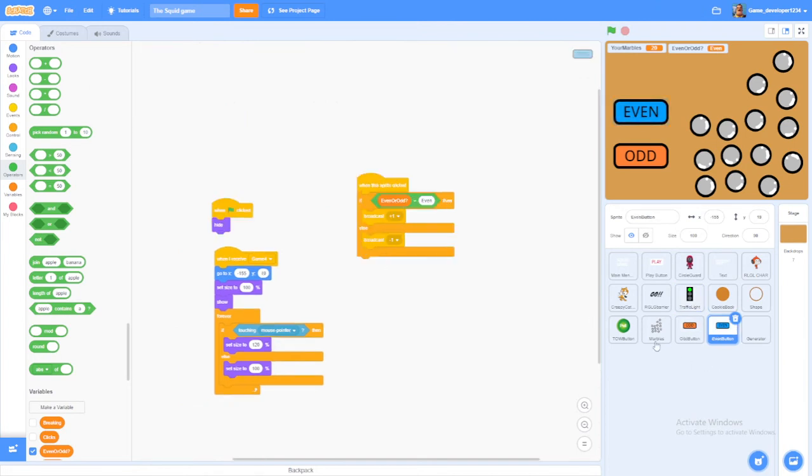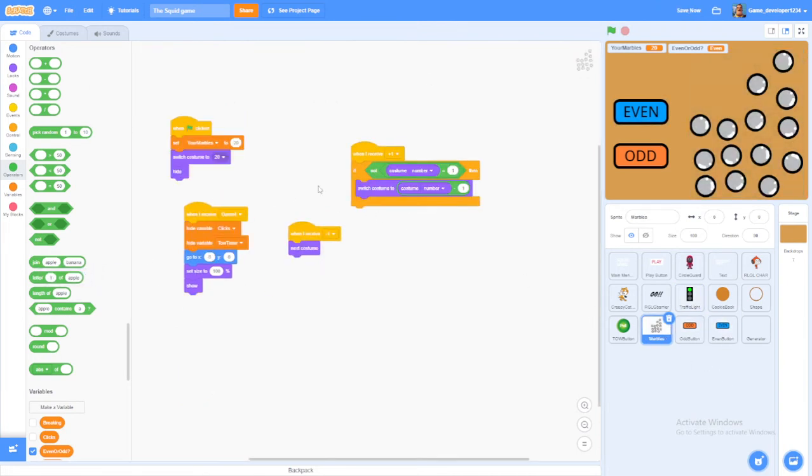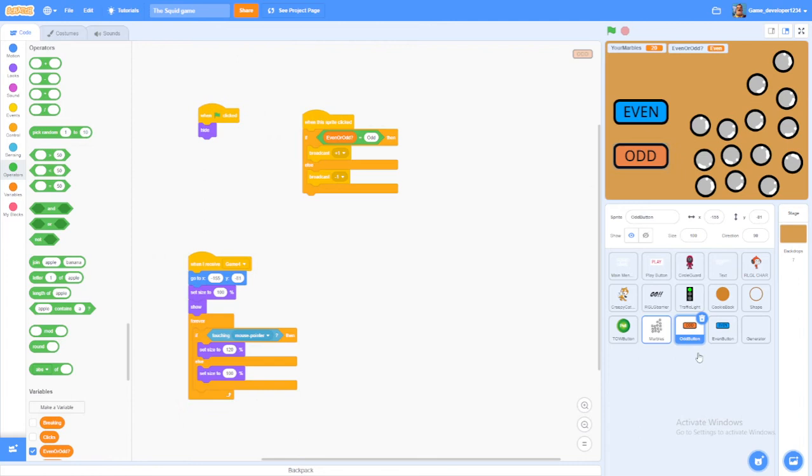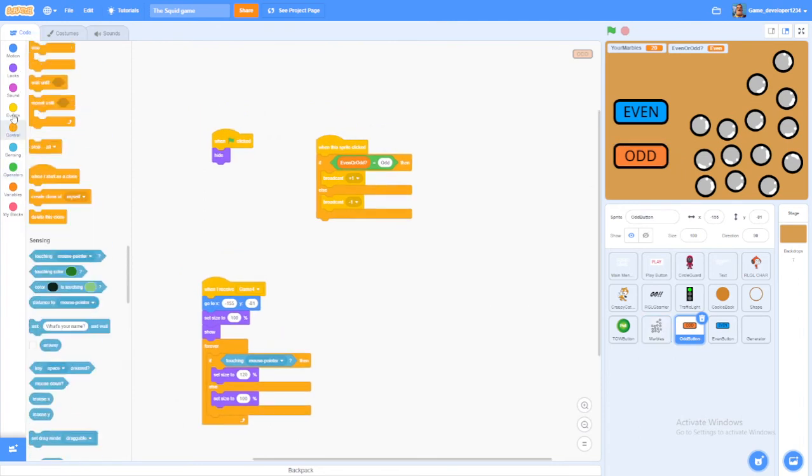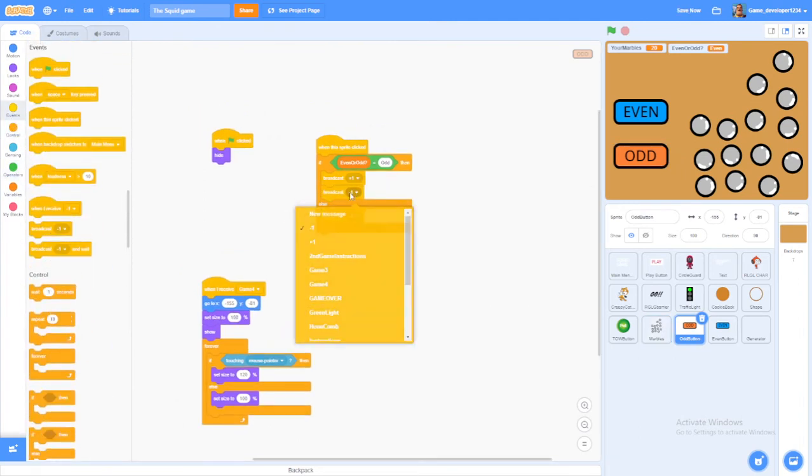But, now that that is working, let's make it so that every time we guess, the even or odd changes. Okay. And it'll give you a message to actually tell you that it's changing. So, what we're going to do is, oh my god, what? I just had a brain fart. Okay. So what we're going to do is do in the odd button, we're also going to broadcast a message